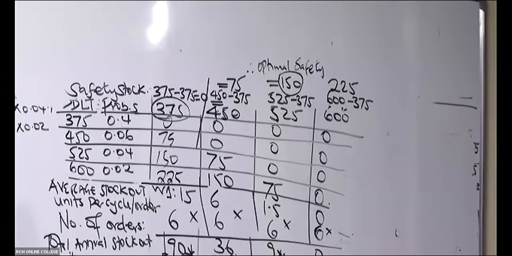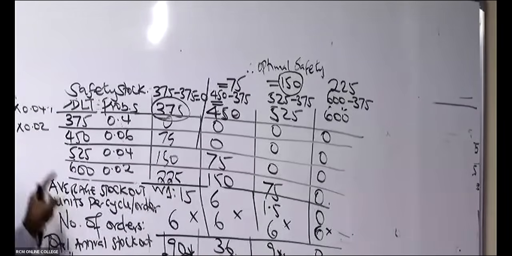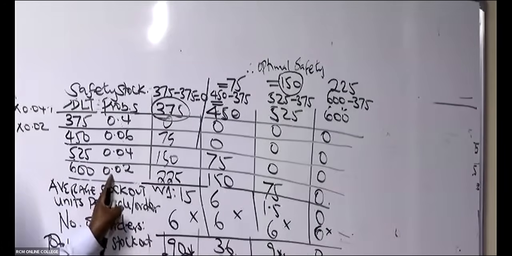So if we say the optimal supply, we are supplying this 525, there is only one possibility of us running out of stock. If the demand is 600. So if they ask us for the probability of stock out, that will be the probability of our demand being more than 525, the one that we have been able to stock ourselves. So in this case, we can only get a surprise if the customers will be 600. And what is the probability of 600? It is 0.02.